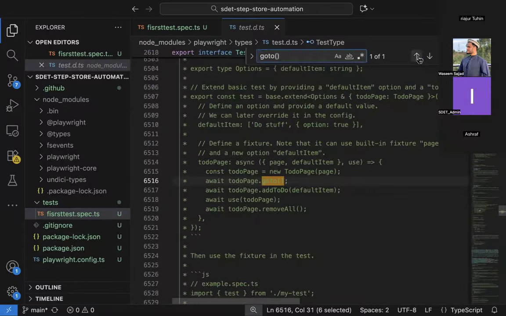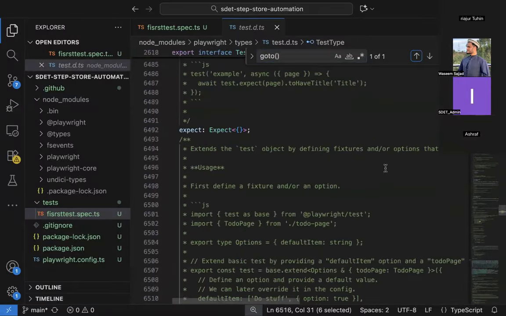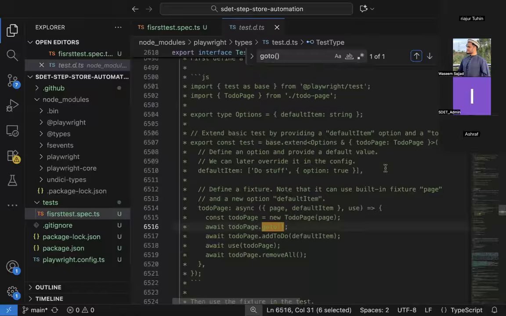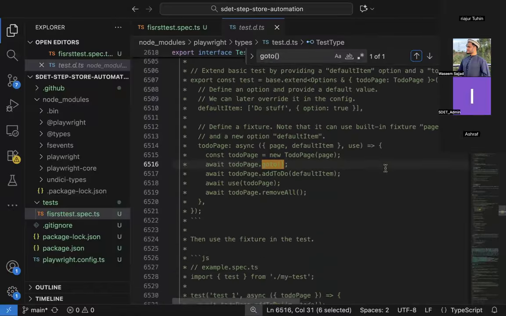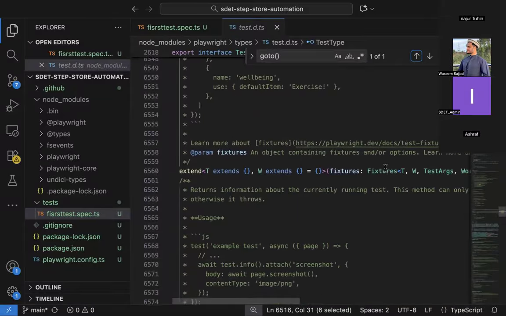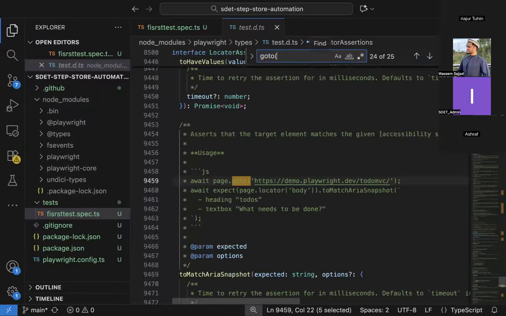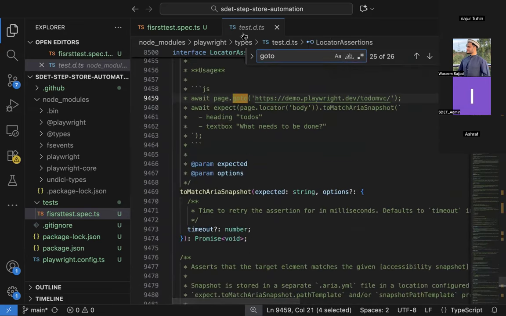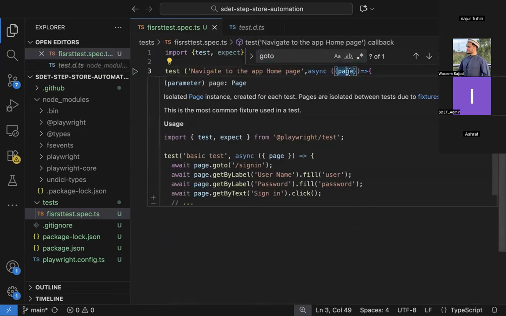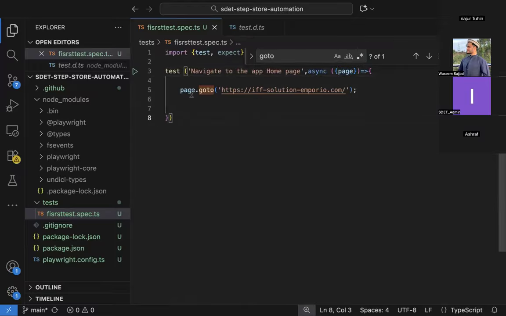Goto, okay. This is, I think, goto. Yeah, it is here somewhere because it is kind of documentation things. We can use all those methods in the page feature. So actually I import the page here, and then